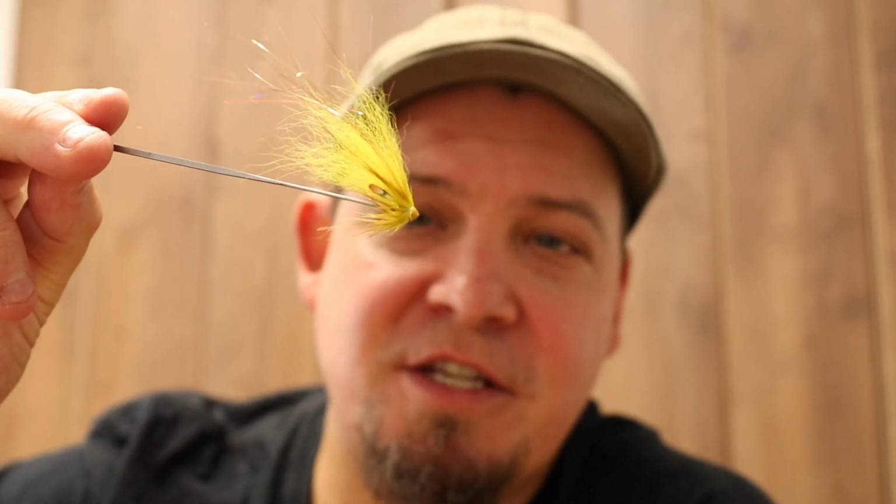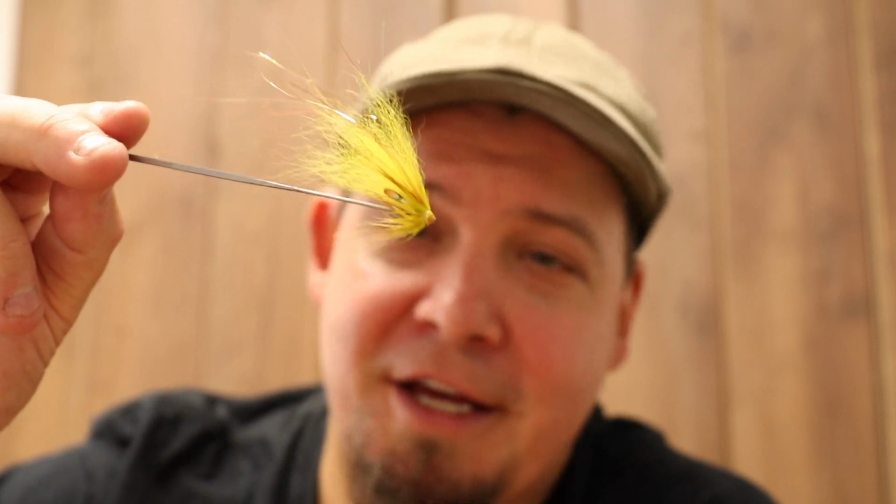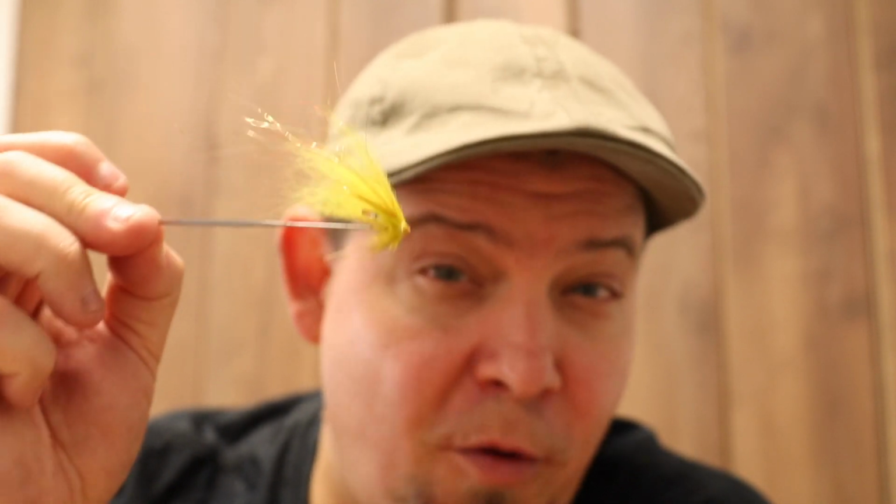Hello there everyone! Today we're gonna tie this. This is a small yellow salmon fly and I've dubbed this yellow and dangerous. I'm pretty sure that this pattern probably has been invented many times, but the reason why I want to do this is because I always have something small and yellow in my box when going salmon fishing, and also I've